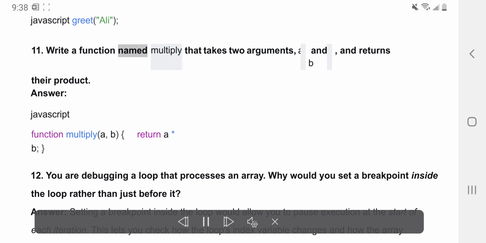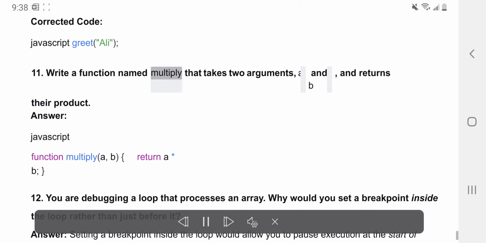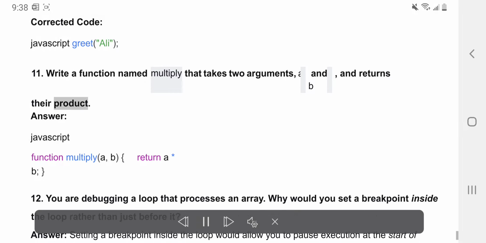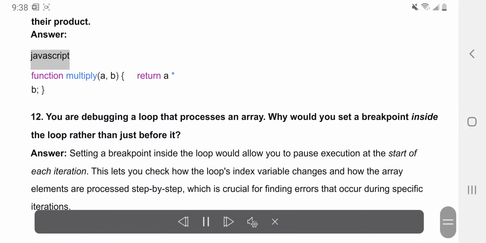11. Write a function named multiply that takes two arguments, a and b, and returns their product. Answer. JavaScript: function multiply(a, b) { return a * b; }